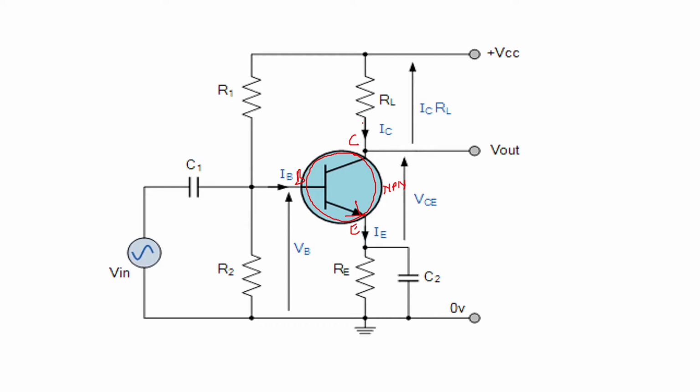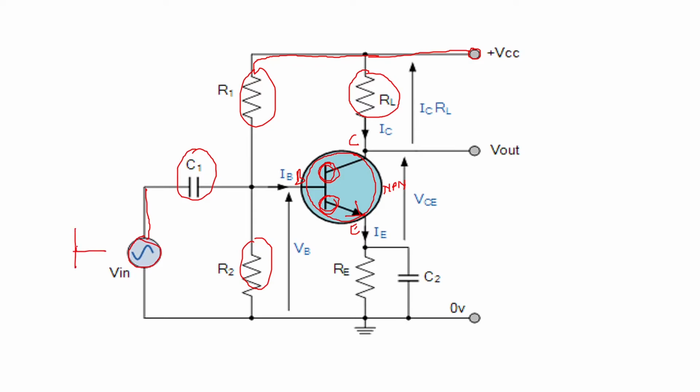Now here the collector is connected to the load resistor RL, and then here you have your VCC supply. This VCC supply will make a current flow through R1 and R2, which will develop their own voltages, and those voltages will be your biasing voltages, which will see that the first junction between emitter and base is forward biased and the second junction between base and collector is reverse biased, so that the transistor is operating in active mode. Then there is an input capacitor here which will pass the input signal, which is a weaker input signal.